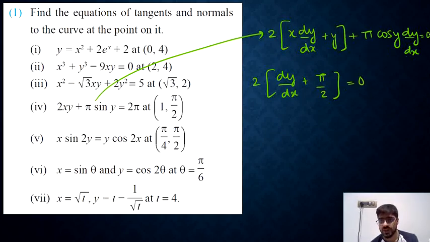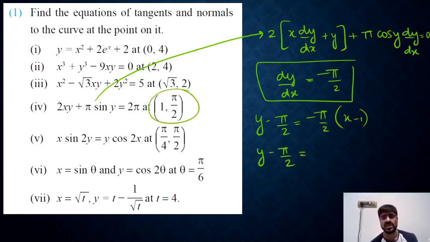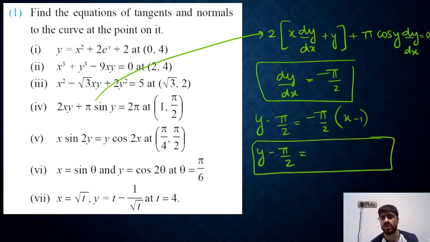So we will have pi into 0 into dy by dx, which is as good as 0. So finally we have this, and when we expand the bracket, we have 2 times dy by dx plus pi equal to 0. So dy by dx is going to be equal to minus pi by 2, and that represents the slope of your tangent. So the equation of your tangent will be y minus pi by 2 equals minus pi by 2 into x minus 1. Simplify that to get the final equation. I'll just go ahead with the equation of the normal now. So y minus pi by 2 equal to, see, the point remains the same, but the slope of normal is going to change now. I mean, the slope for the required line, that is the normal, is going to change.